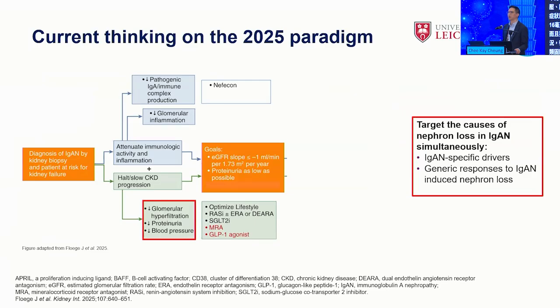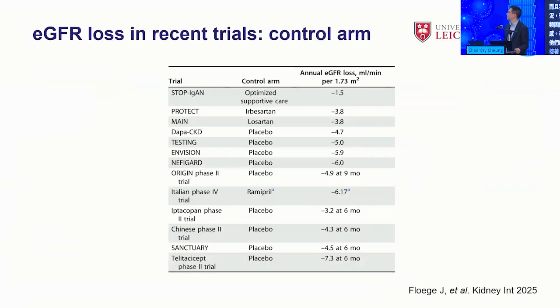Here we can think about lifestyle measures important for all our patients with IgA nephropathy. Consider RASI, SGLT2 inhibitors, and more recently, endothelin receptor antagonists as well. And so if you look at the control arms from recent trials in IgA nephropathy, it's clear that there is a range of progression in the control arms of these trials. And some of the slowest progression you see in the PROTECT study, where they're only progressing at around 3.8 mils